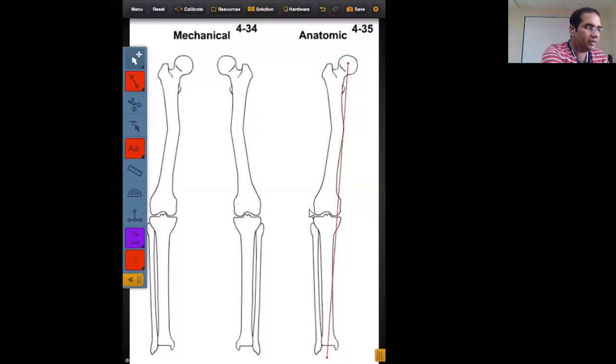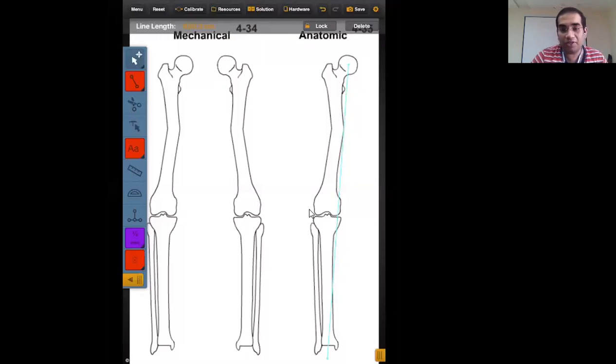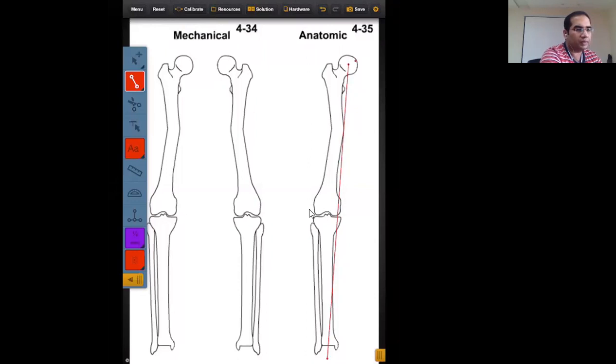So in this case, as the picture represents, this is a varus deformity. But what you can appreciate here is there is an obvious valgus in the femur, but the knee is still lateral to the medial. This also gives you a clue that there must be another varus deformity of more magnitude than this apparent valgus deformity. So now let us draw the lines.